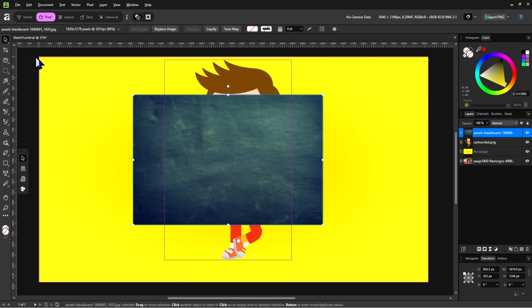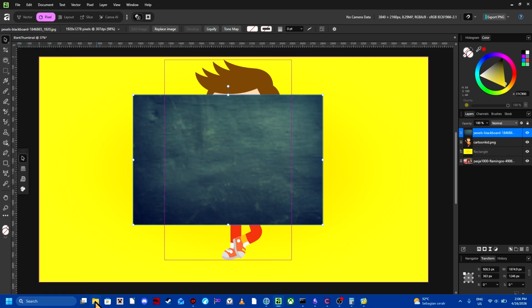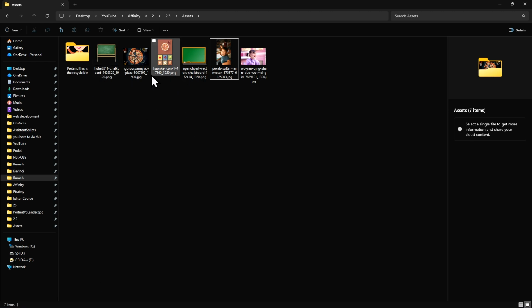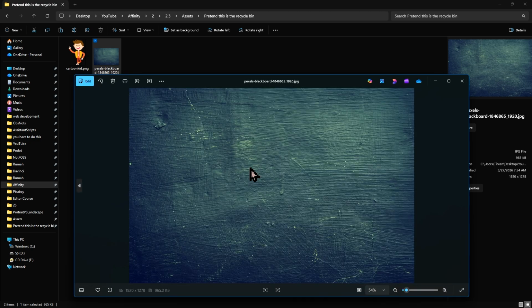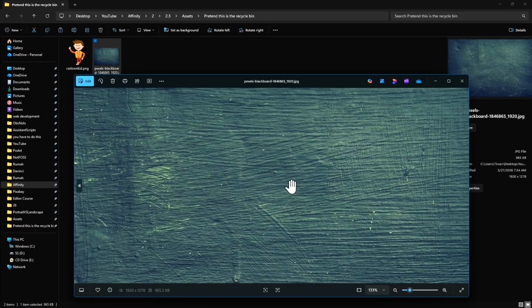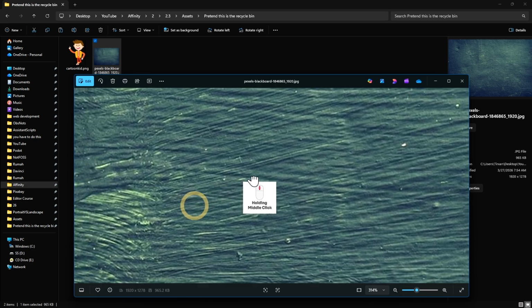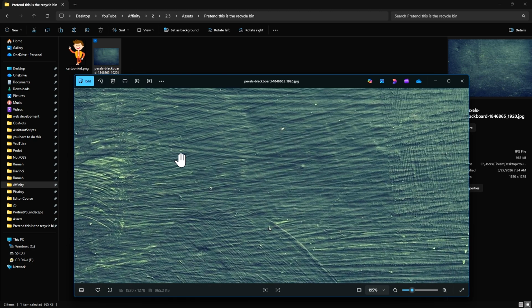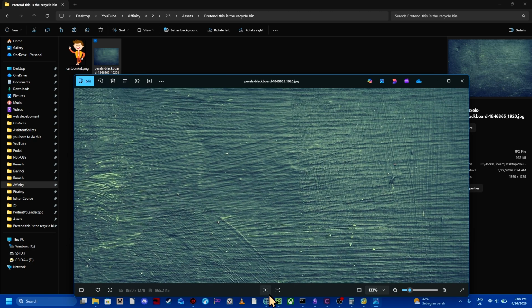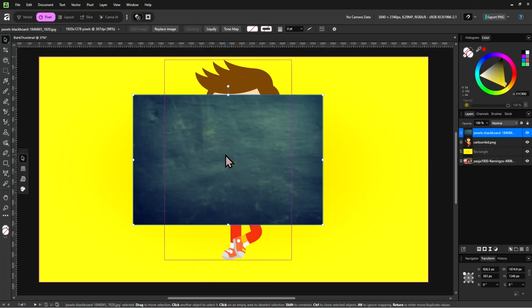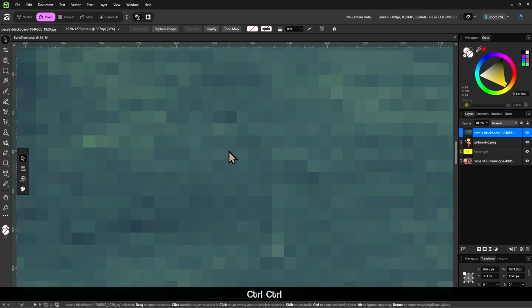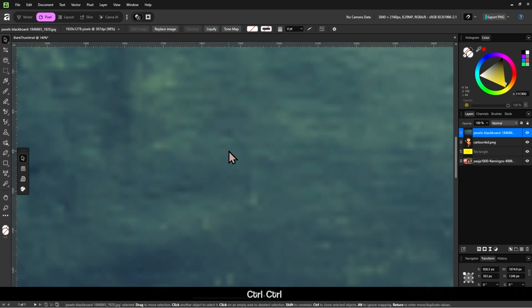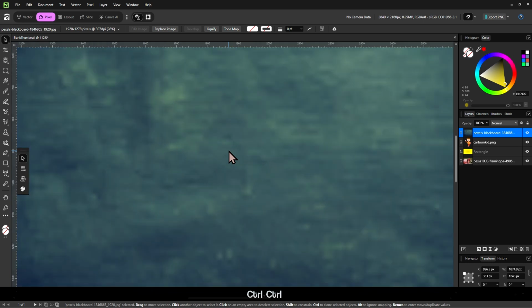The real image, if we look at it from the file manager, it's around here, right? As you can see, it's a lot more high quality and full of detail compared to what we had in Affinity. I zoom in and we see all of these details, but look at what happened to the image in Affinity. Look at what they did to my boy.